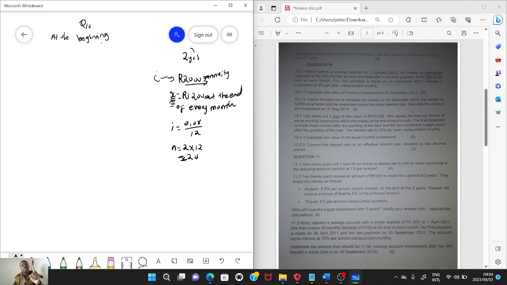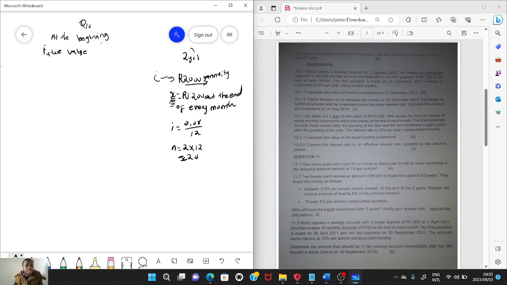So listen, the moment we were speaking about savings, they said Patrick opens a savings account. Savings is an example of a future value. Now we are dealing with the future value. So what happens on a future value? You copy the formula, right? You know that the formula is FV equals x